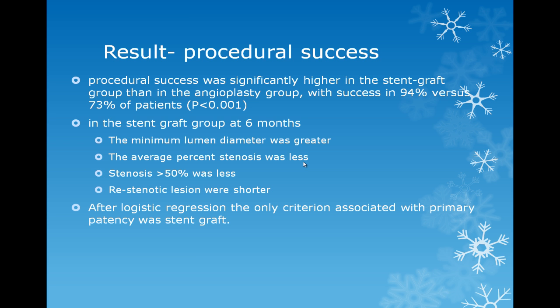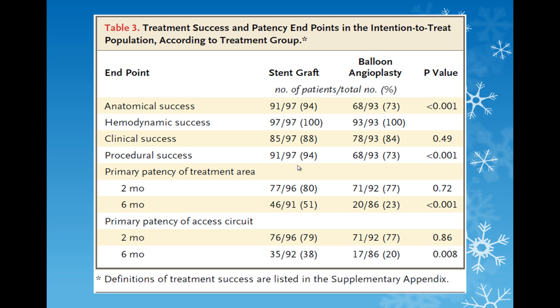And after they did their logistic regression, the only criterion associated with primary patency was found to be the stent graft. Now, they have definitions for these terms, but this table shows you what the treatment success and patency endpoints in the study according to groups showed. What they called anatomical success was statistically significant in the stent group, with 94% anatomic success versus 73%. There was also a statistically significant difference in the procedural success